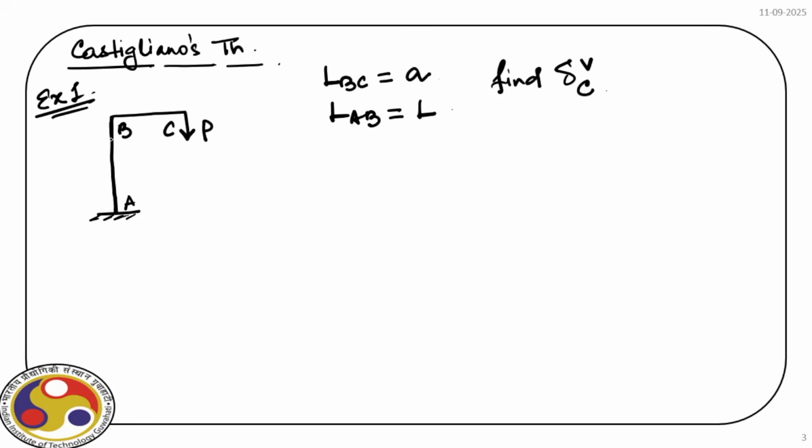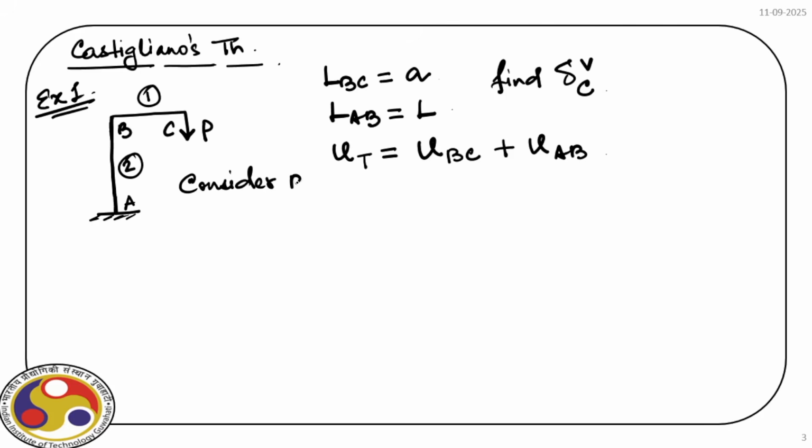So this entire frame we can split it into two parts, as you can see on your screen, and the total bending strain energy is the summation of the bending strain energy in the beam BC and the bending strain energy in the remaining part, that is AB. So let us consider the part BC,